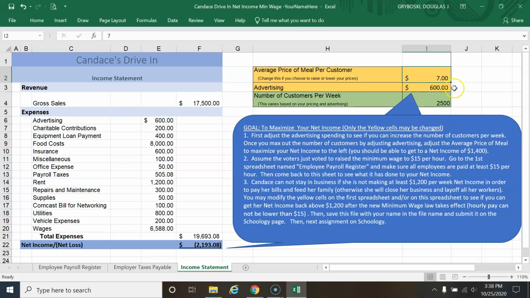So now you need to adjust. Actually, keep these numbers the same, and this is the big hint of this video. Once you finish number 1 and you have 1,400 here, or a little above 1,400, keep these numbers the same, and then what you're going to have to do, it says,